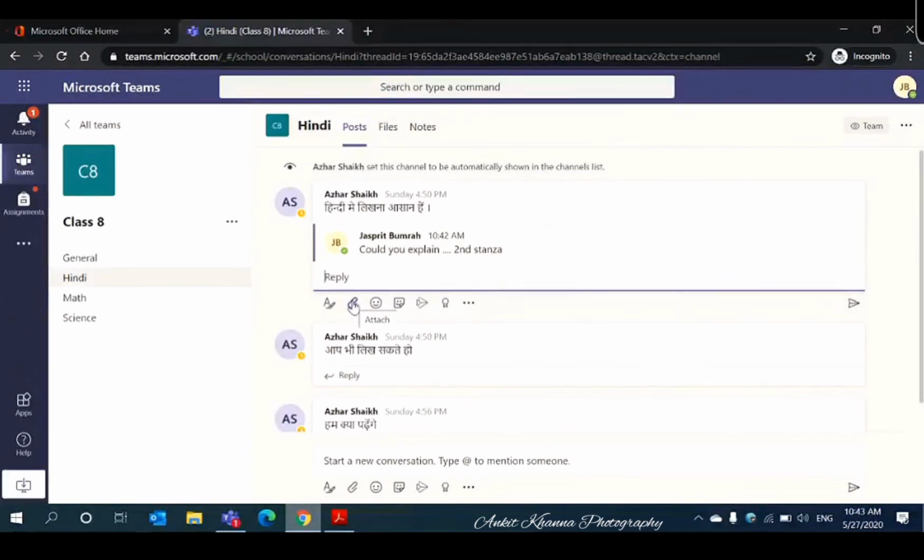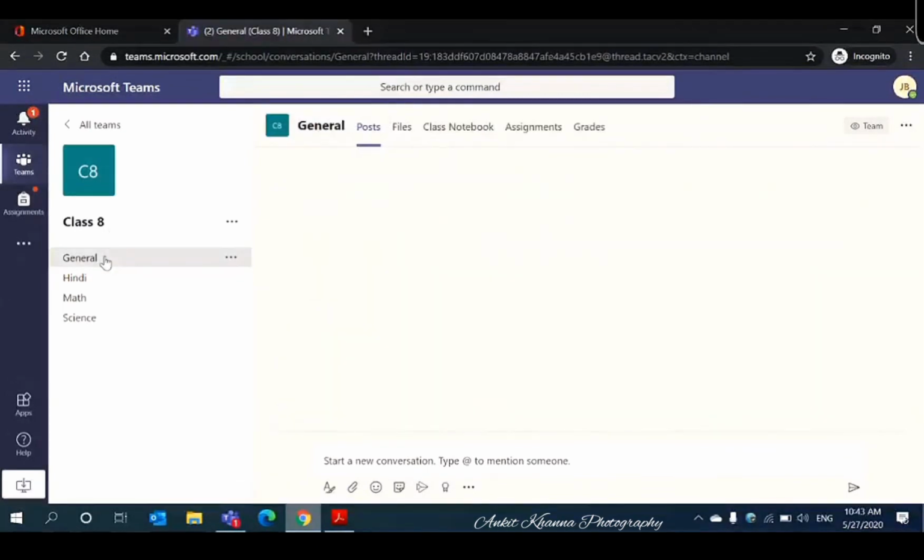So this is how you can utilize this platform to communicate with your teacher whenever they share a post. And also you can ask your doubts. So this is the second feature. The first feature is you can join online lectures. You can be part of your online lectures. The second feature is you can interact with the teacher whenever he or she is going to share any post or reference material with you. So as a student, you can interact, you can raise your queries.